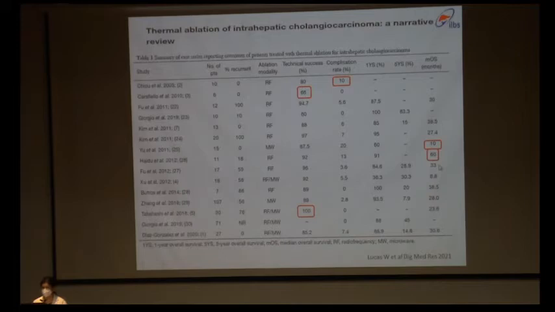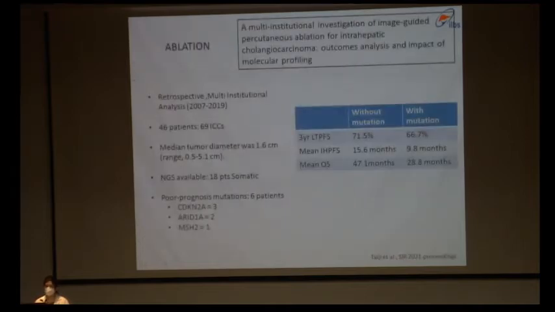The variation in the median overall survival is because of the multifocality of the tumor and the different tumor size. Also the molecular pathology, which has a role in the overall survival of these type of patients. This is a study published as a proceedings in 2021 by Taiji et al. And they have found that